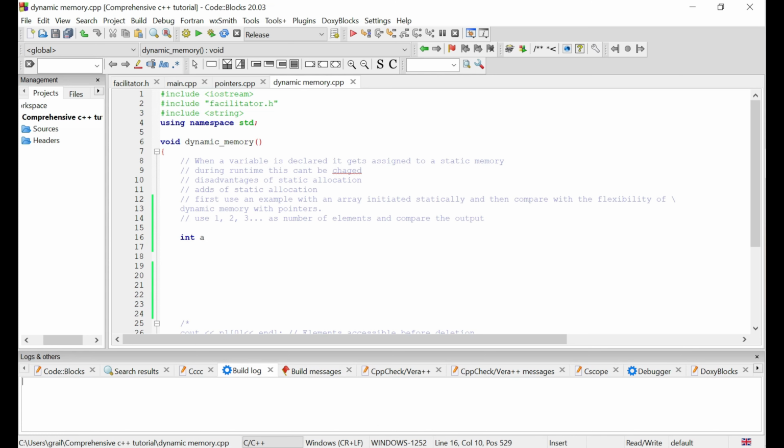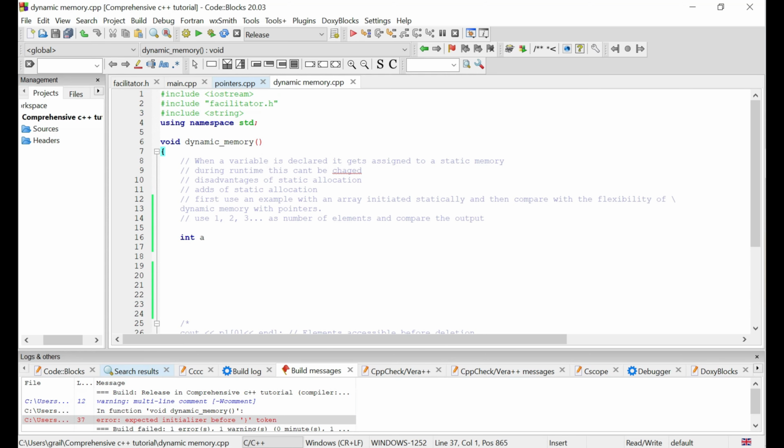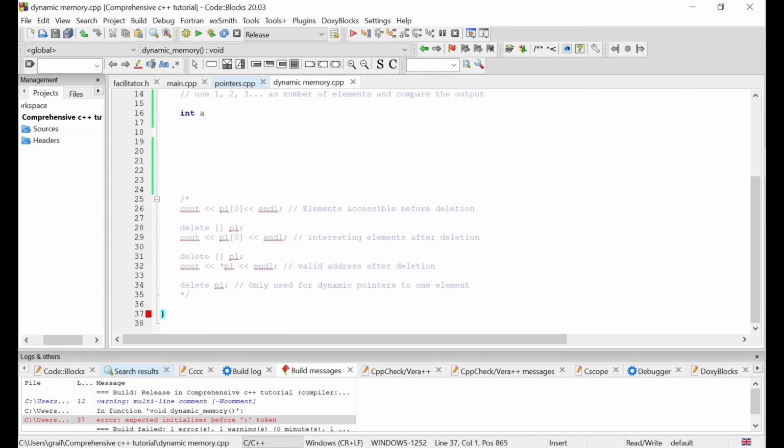When I run this program, I get an error over here. It says "expected initializer before this token." So what initializer did it expect? I don't know what it's talking about right now, but this is an example of a compile time